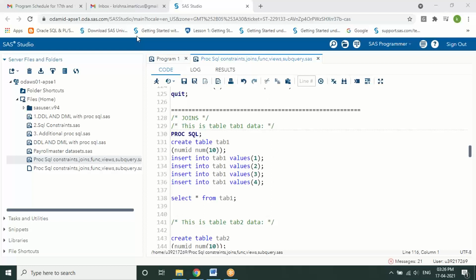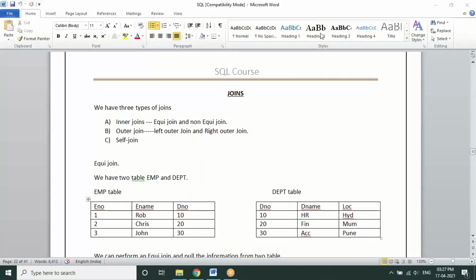So joins are inner join, left outer, right outer, full outer, fine. So what is a join? A join is simply to work with more than one table, combining the data together, or extracting only a certain part of the data from different tables. Joins can be referred to as combining the tables. We have two types of joins: inner join and outer join. Within that, the inner join has equi-join and non-equi-join.